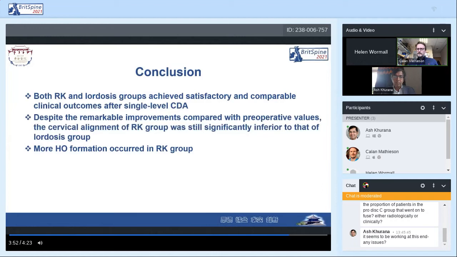In conclusion, both RK and lordosis groups achieved satisfactory and comparable clinical outcomes after single-level CDA, despite the